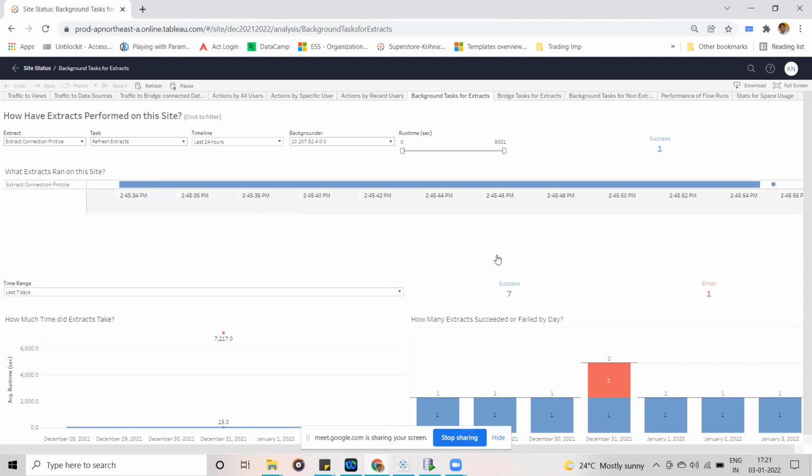And in the bottom side you can see from December 28th to January 3rd. December 31st, whatever session we had, that is the last session. That time we created one empty extract, published it, and tried to refresh from the server. So it failed.